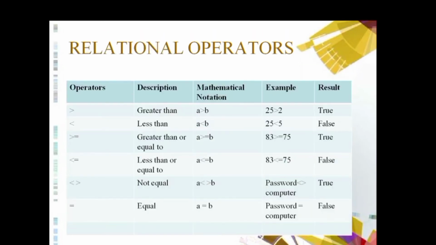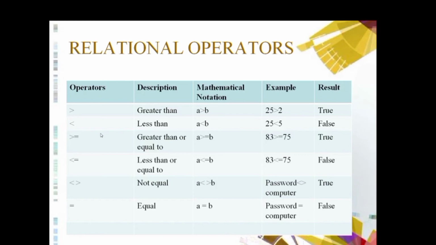After that, the next is relational operator. So what is a relational operator? A relational operator is a type of operator that shows the relation between the values, okay? Here first operator is greater than. It is used on two values to check whether the first value is greater or not greater, okay? Here you have seen we have two values. It shows 25 is greater than 2. If the result is true, then here it is true, otherwise it provides the false result, okay? This one is the less than, 25 is less than 5, false.